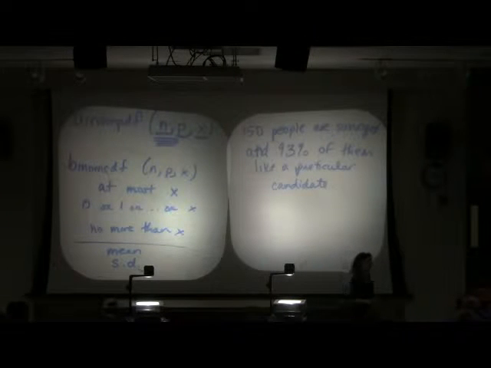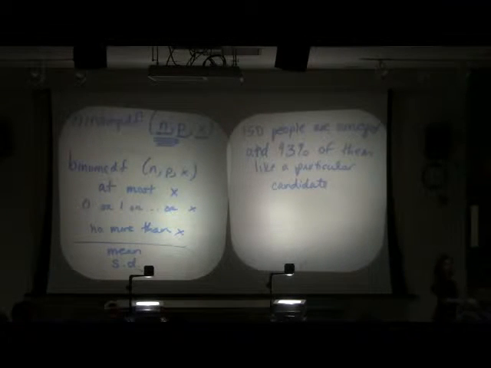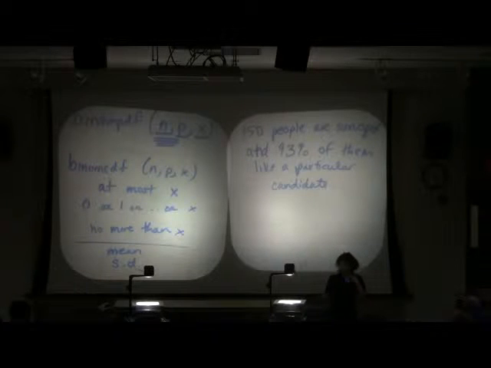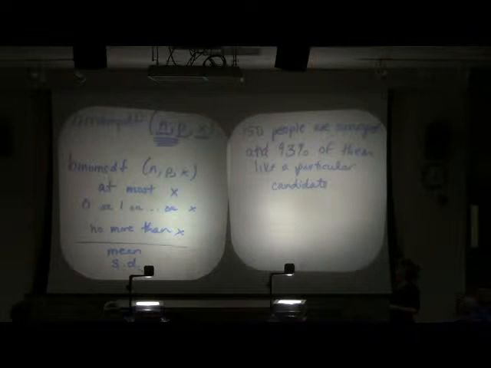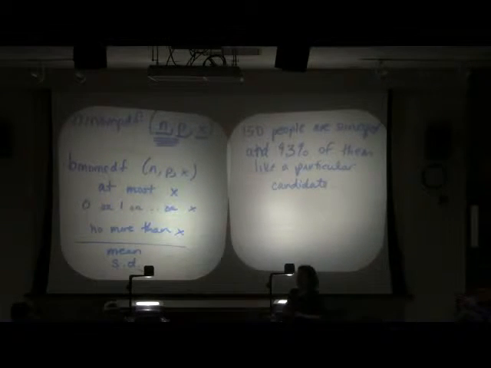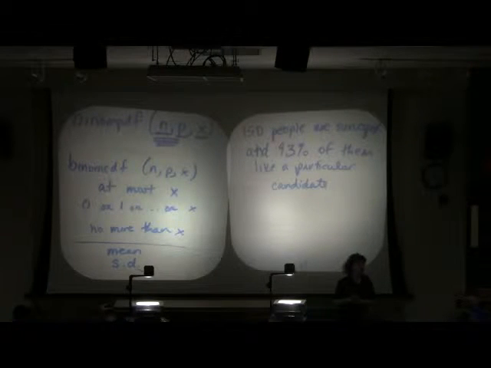Number one, an experiment is repeated several times. Yeah, in fact, we're asking 150 people some question about liking a candidate or not. Number two, there's two possible outcomes. Do you guys agree either people like the candidate or they do not like the candidate? And last but not least, one would assume that whether Susie likes the candidate is independent as to whether or not Mary does. Okay? So this definitely satisfies our binomial situation.